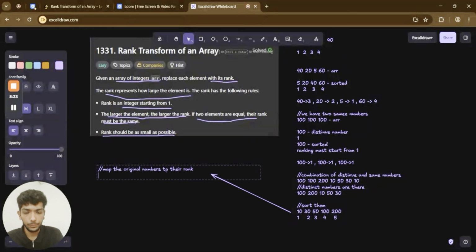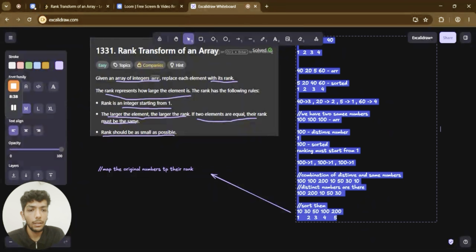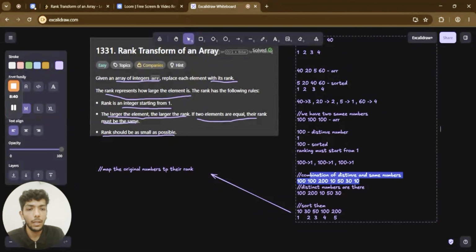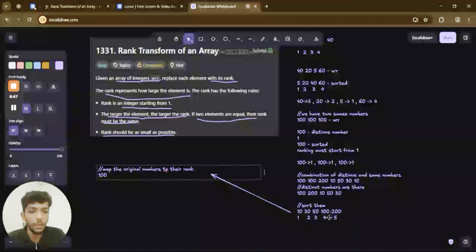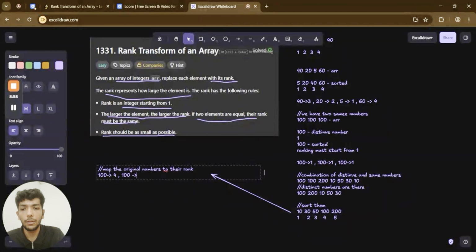So now we will check the original given array. 100 stands at rank 5th in the sorted, rank 4 in the sorted array. So 100 will be mapped with 4. Now we will check for this 100, which will also be mapped to 4, 200, which is standing at position 5,